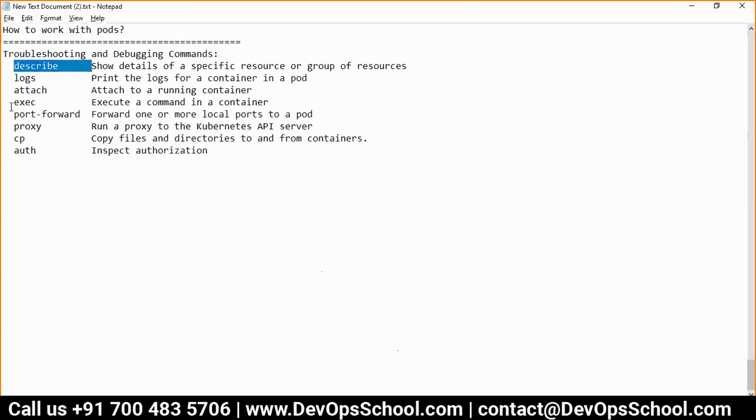Now, can I see the pods logs? Actually, it's not a pods log. You read this. You are going to check out the logs of the container. Okay.